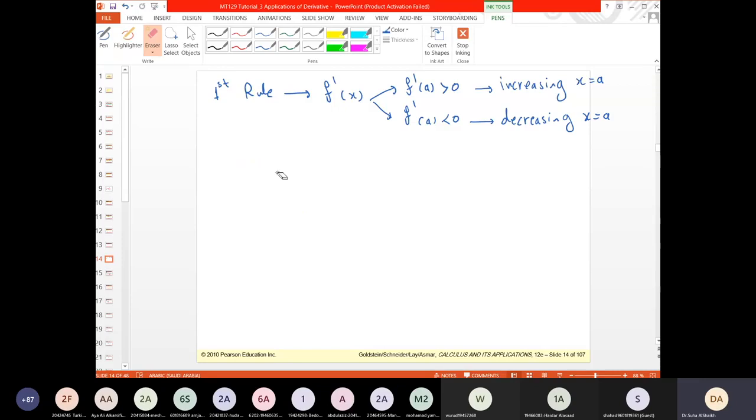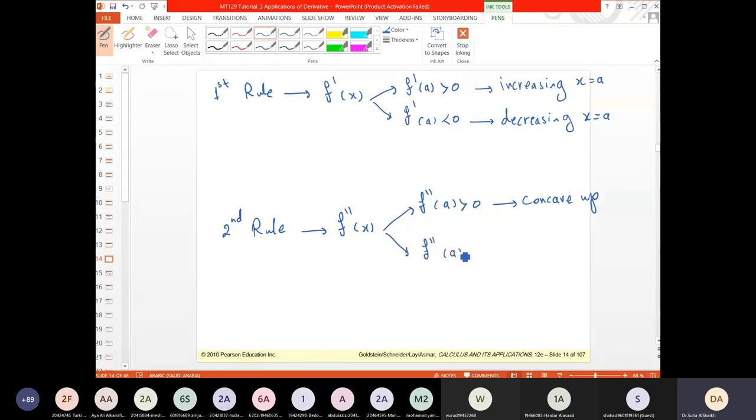Now the second rule works with f double dash. It says لما ال f double dash عند point positive means what? Means the function is concave up. And if f double dash عند ال point A is negative, this means that the function is concave down. It makes sense ولا؟